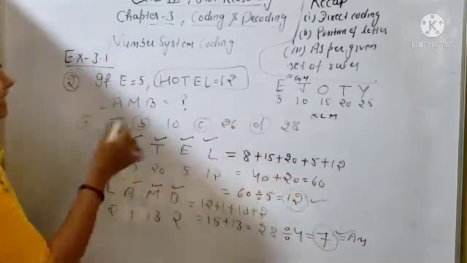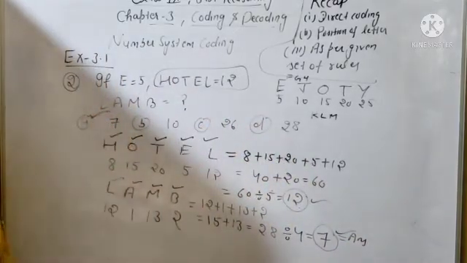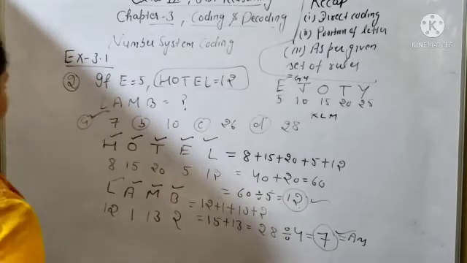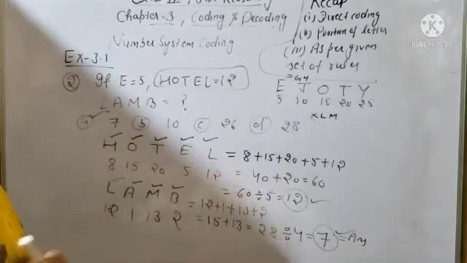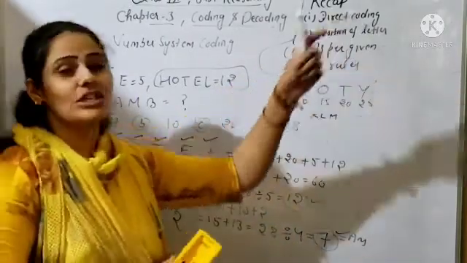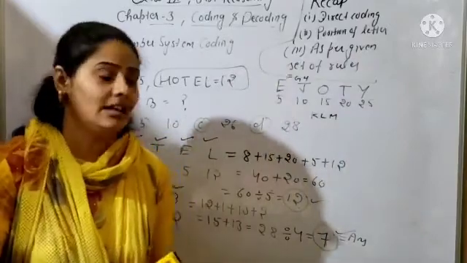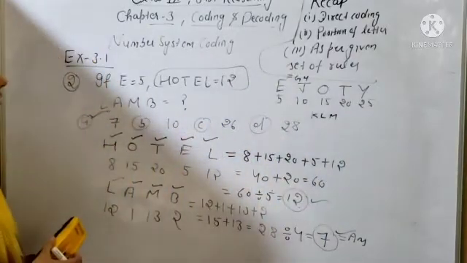So which of the following is correct? Option A is correct. This is 7. Is it clear? Option A is correct and this is 7. Clear, all of you? So beta, like that you have to find out the rules. If numbers and letters are equal, written in numbers, then simply you have to find out the second rule: position of letters in the English alphabet. Clear? You have to check the position of letters in the English alphabet.